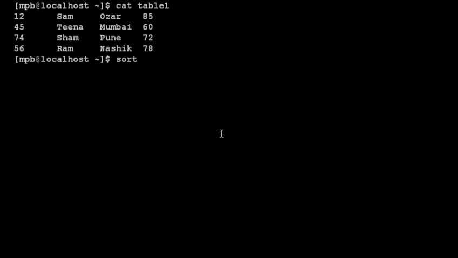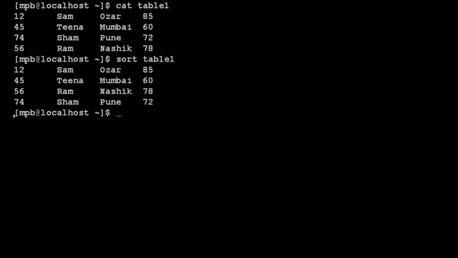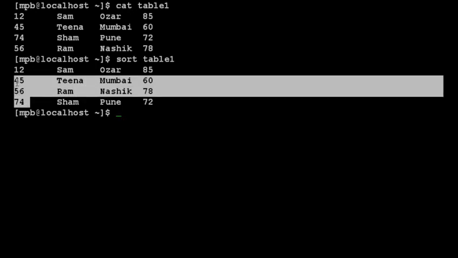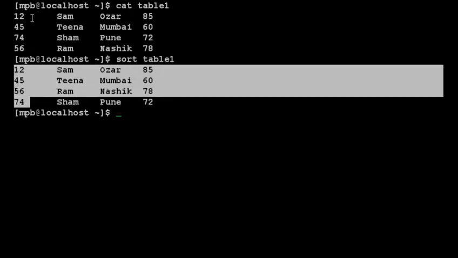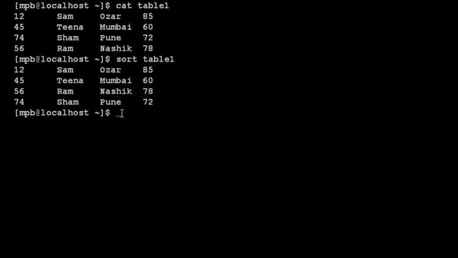If I say sort table 1, then here you can observe that the file is sorted according to the first column. The first row is as it is, then 45, then 56, and then 74. So the file is sorted according to the first column by default. But if you want to specify another column, then you can use -k.